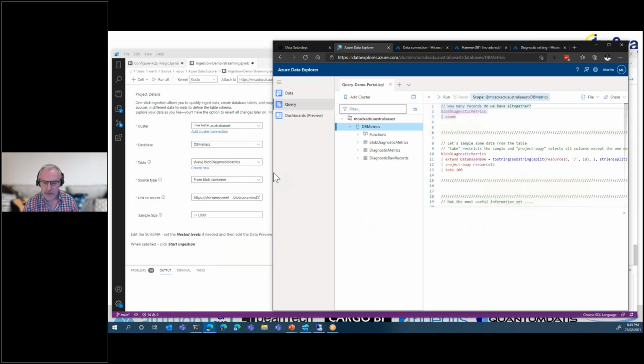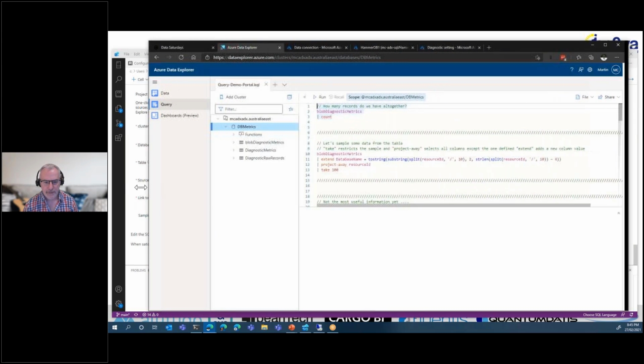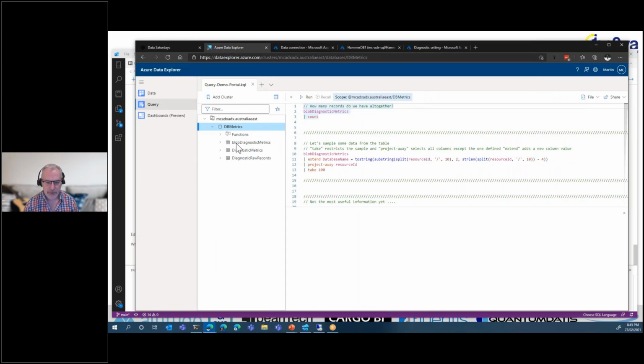So let's have a look at what we can do with that data now. So you can see I've got my Blob diagnostic metrics table that's existing in here. The nice bit around the portal here, the Data Explorer portal, is I can have my queries saved separately. So my whole query definitions, I can save them out. I can pull them in from a new file to be able to run through and deal with that. Now, the other bit where you've got multiple queries together in the window, if you highlight just the text of a query, or if you have the cursor within that, it'll only run that part